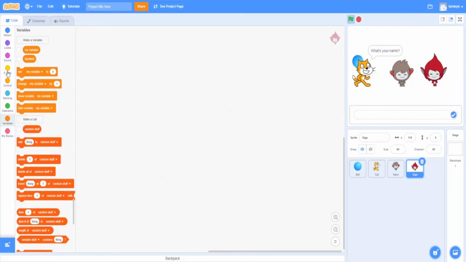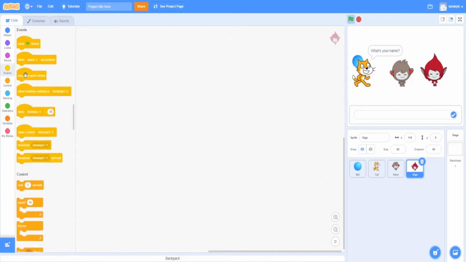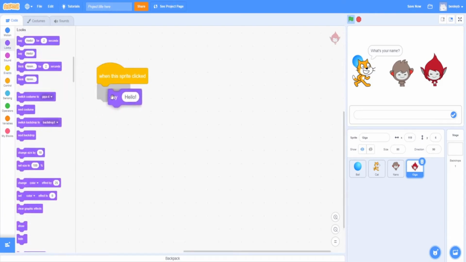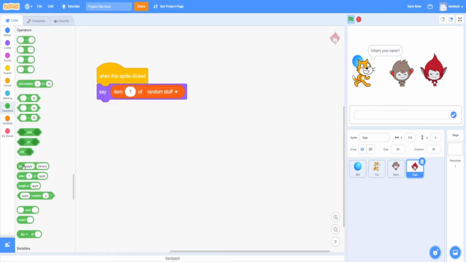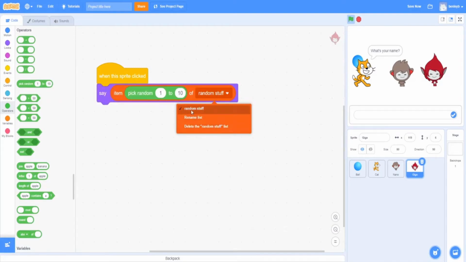So the first command we're gonna want to make is go to events and click on when this sprite is clicked. We're gonna want to make it say stuff. So make it say. And you go back to variables and we add the item of one thing. And then we're gonna add a pick random, so it picks out of the random stuff, and it's already selected random stuff here. You might have other lists, but you just click on random stuff. And then in this little 10 spot, we're gonna add a length